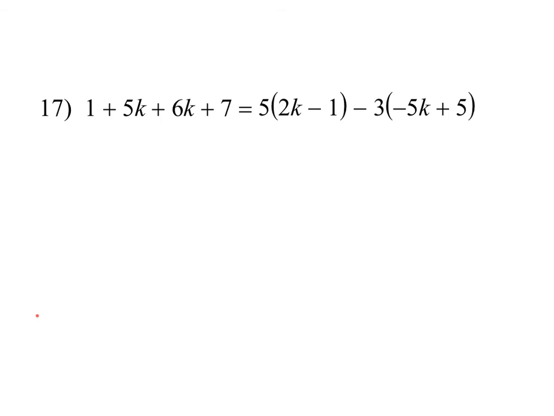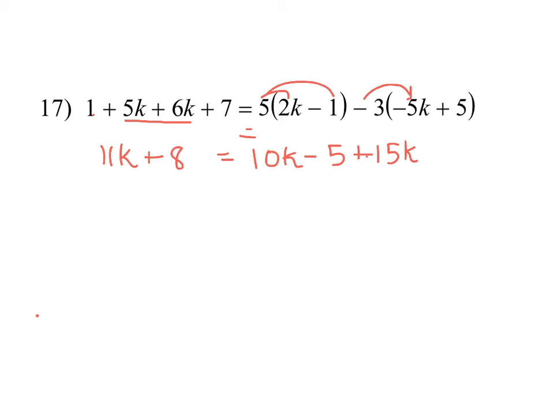So again, same idea. I'm going to combine like terms. I'm going to distribute, then combine like terms. On the left here, there's nothing to distribute. I can combine 5k and 6k is 11k, and then 1 plus 7 is plus 8. That will equal, on the right, if I distribute, I get 10k minus 5. Watching my signs here, that would be plus 15k minus 15. So 11k plus 8